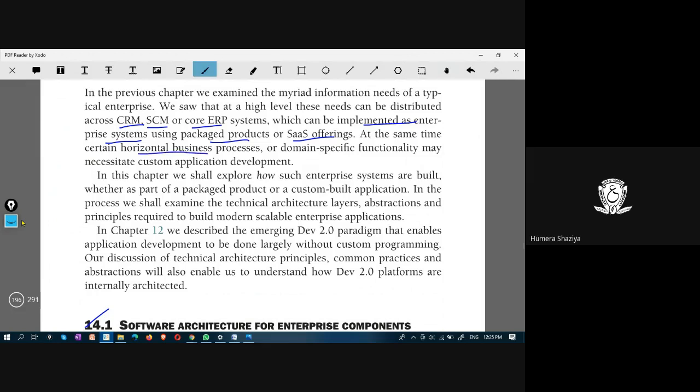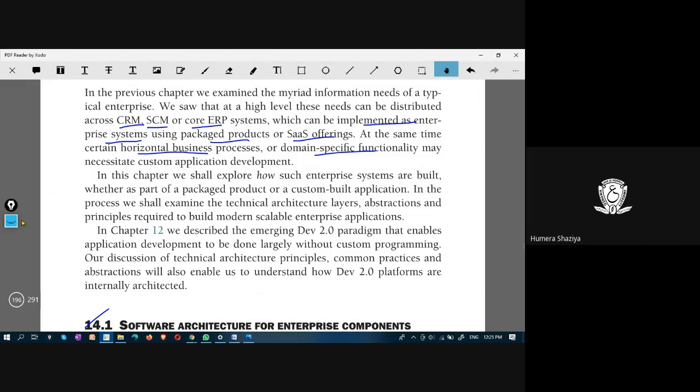Horizontal business process or domain specific functionality means a particular domain which is not supported by the available pre-built enterprise applications.